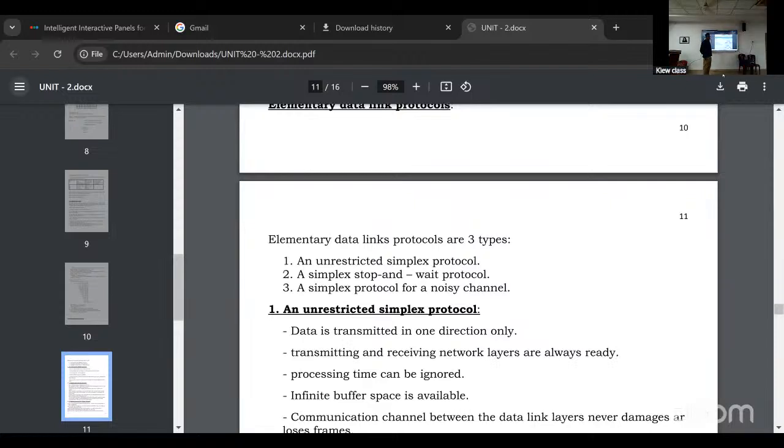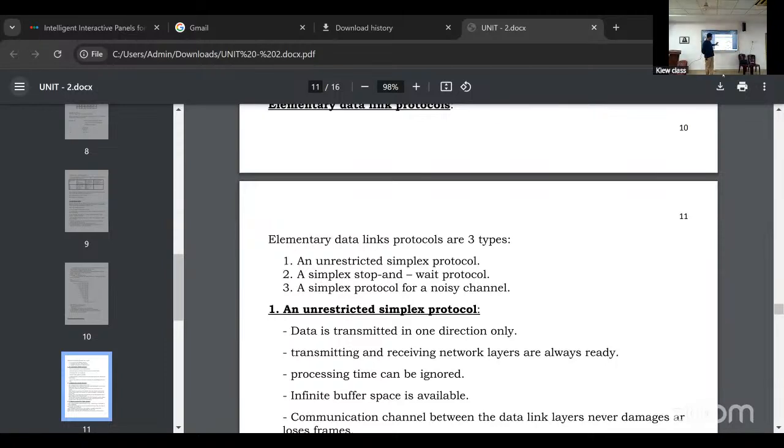Now, put the subheading flow control. In this flow control, these are the protocols: stop and wait, go back N, selective repeat, sliding window protocol.